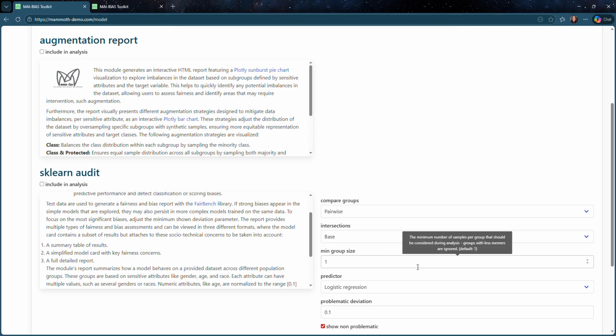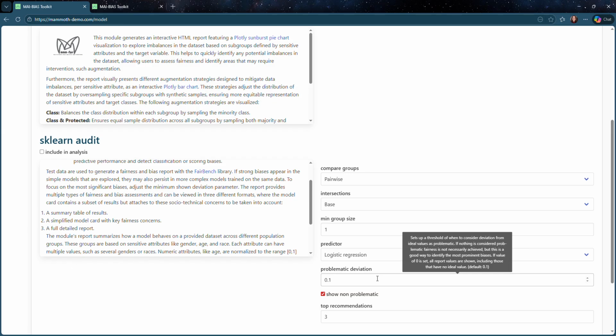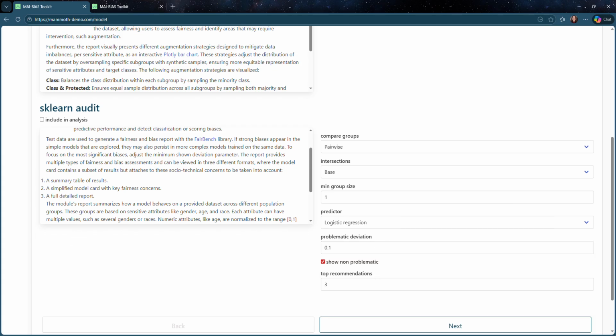Also, in this step, we can configure how the sklearn audit evaluates fairness across groups. We define how groups are going to be compared, select a simple baseline model such as logistic regression, and set parameters like the minimum group size to ensure all groups are included. We also define a deviation threshold in order to allow the toolkit to automatically flag performance differences across groups that may indicate potential fairness issues.